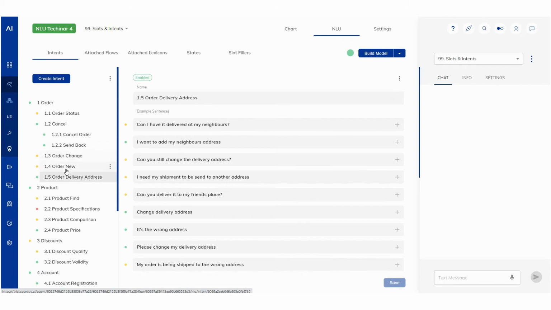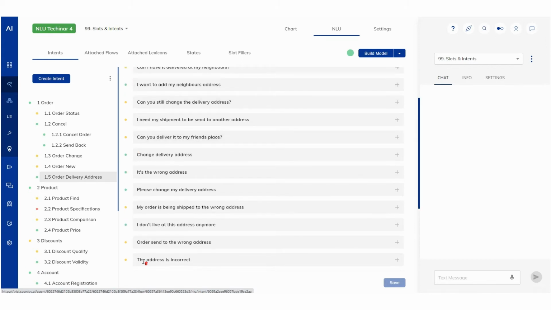Please also note that Cognigy gives very nice feedback in the form of these traffic lights here, and this is what we call the intent analyzer. So what Cognigy essentially does in the background is a cross-validation, and this gives us feedback as to how well these particular sentences work within this model. If I hover over one of these sentences, you see that we get feedback in terms of what the actual score for this particular sentence would be, and Cognigy also lets us know to what extent, or if, there's overlap with other intents.